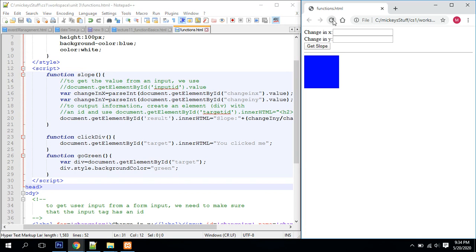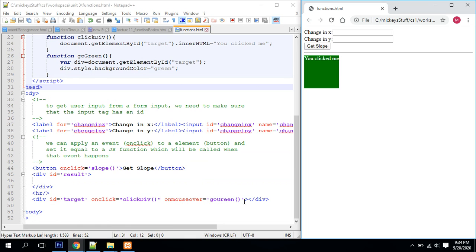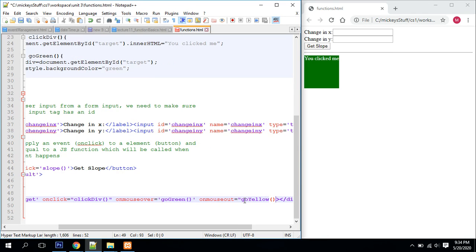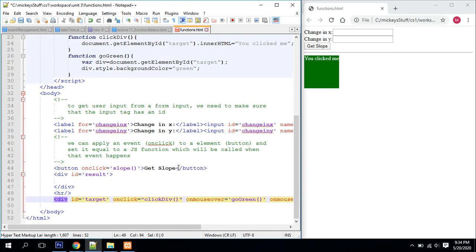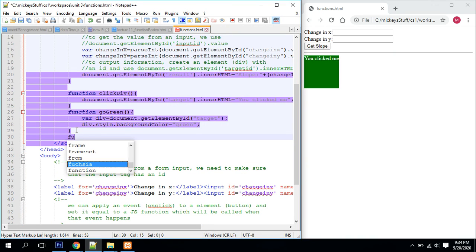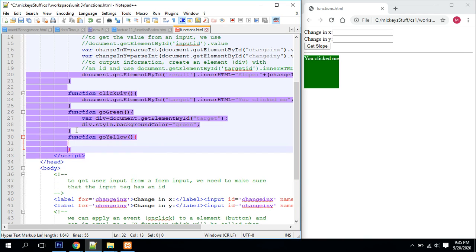Okay. And so now I come over here, and when I roll over that div, it turns green. And when I click it, it still says you clicked me. I'm going to put one more function on it, and it's going to be on mouse out equals go yellow. And yes, you guessed it. We're going to change it to yellow when we leave. This time just the text color though. So go yellow. And I'm going to say